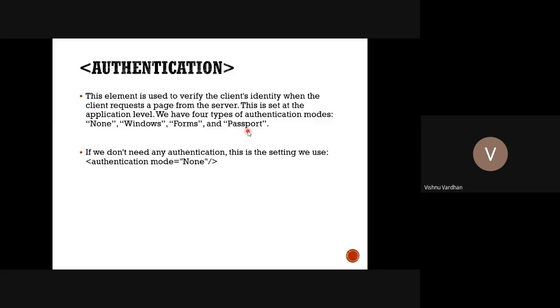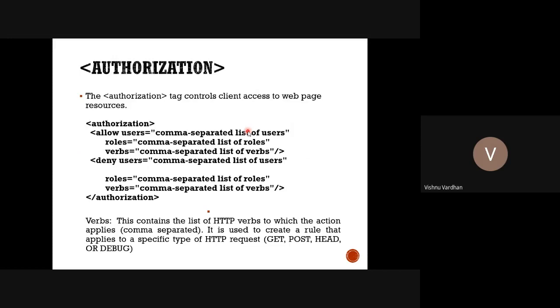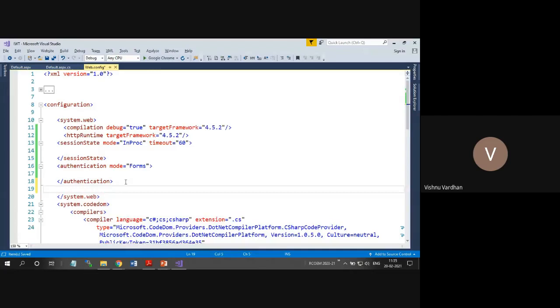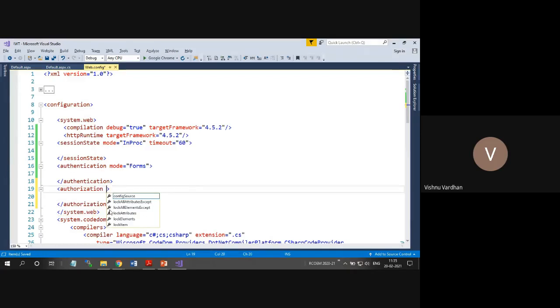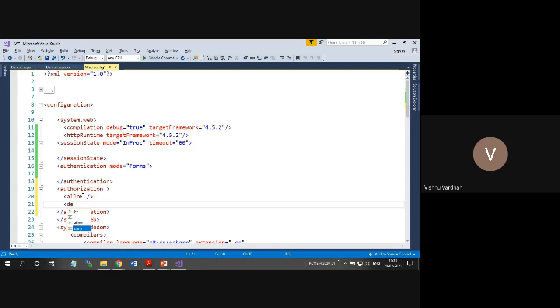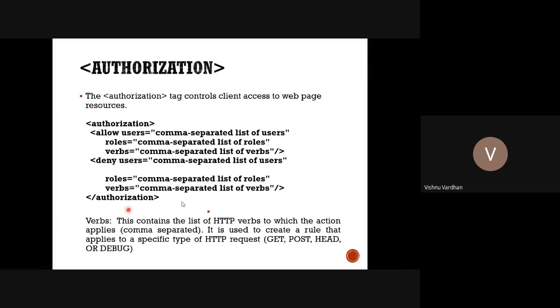Okay, now we will go to the next section, that is authorization. Yes, it is also very handy way of implementing the things very easily. And you can see the authorization, ये authorization भी same वहीं पे कर सकते हैं. देखो नीचे मैं यहाँ पे टाइप करता हूँ, after this authentication I can keep my authorization also open. Okay, so this is authorization section in which you can have your values like किसको allow करना है, किसको deny करना है. Okay, so deny all the users. So these settings you can generally implement in this authorization.